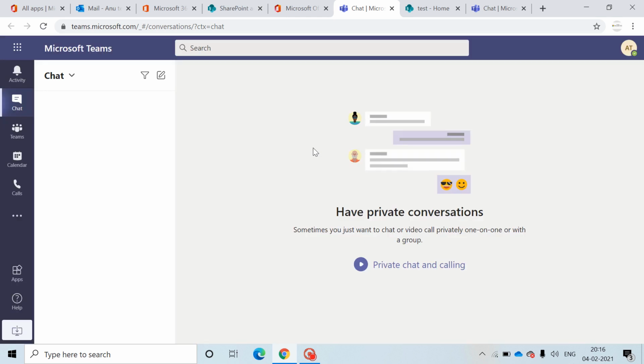I have not started using yet, so it will give me different options. Private chat and calling. So what is Teams? It is a platform where you can chat with different people internally, externally. You can create a lot of different teams, invite different people from other organizations, add your own users from your own organization, invite the other people, that would be a team.